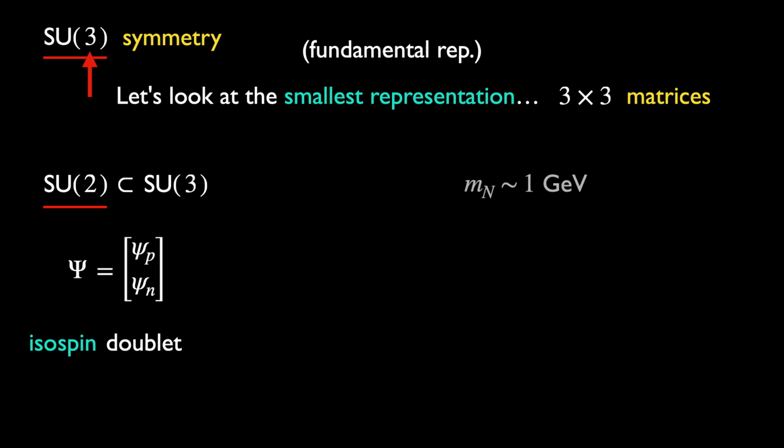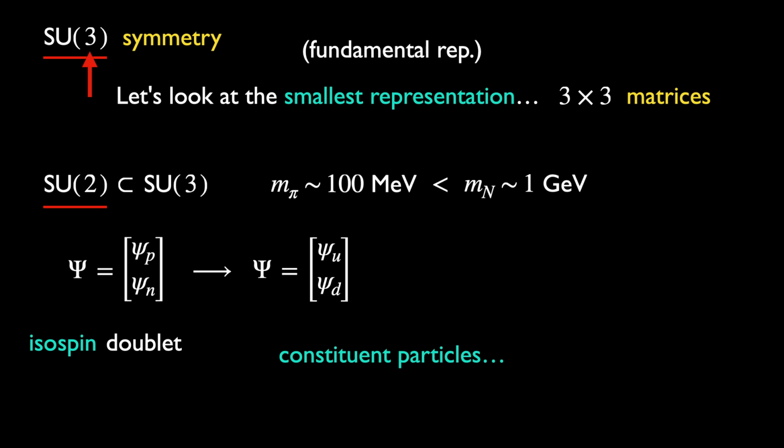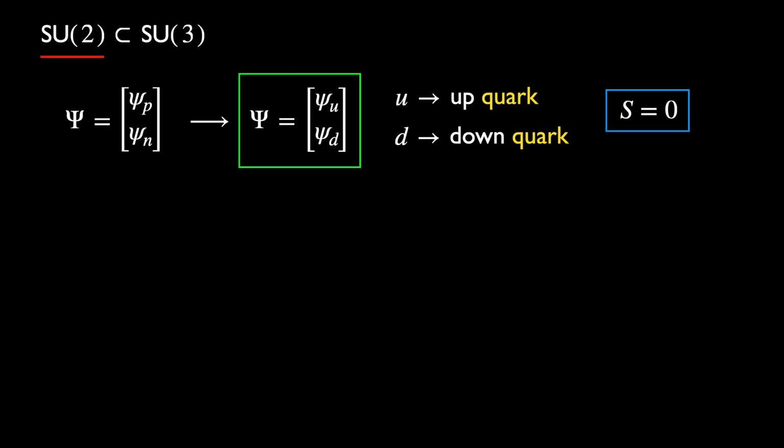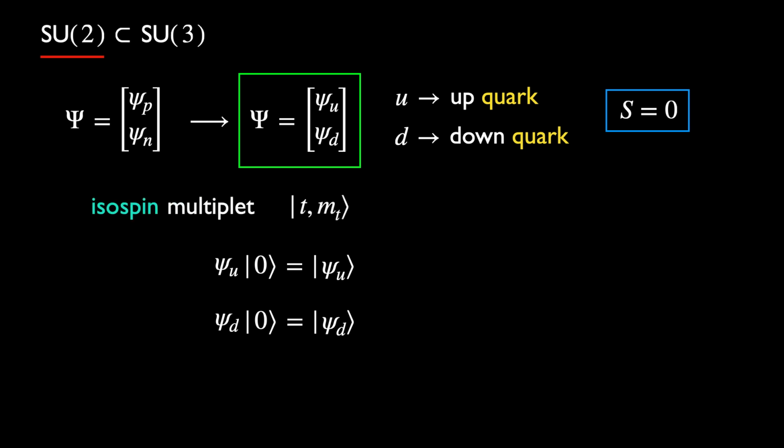But the nucleon doublet would be too massive to be these constituent particles. For example, it is an order of magnitude larger than the pions. Instead, suppose these constituent particles form another doublet. Let's call them quarks: the up quark for the upper entry of the doublet and the down quark for the lower entry. Similar to the nucleon doublet, let's assume that these quarks have a strangeness of 0. The two basis states of the doublet are produced by applying the corresponding fields to the vacuum. In the notation of an isospin doublet, we have